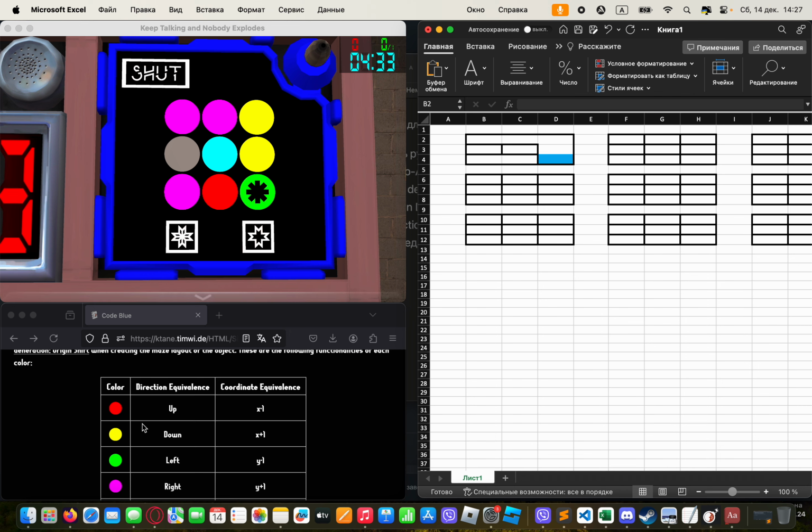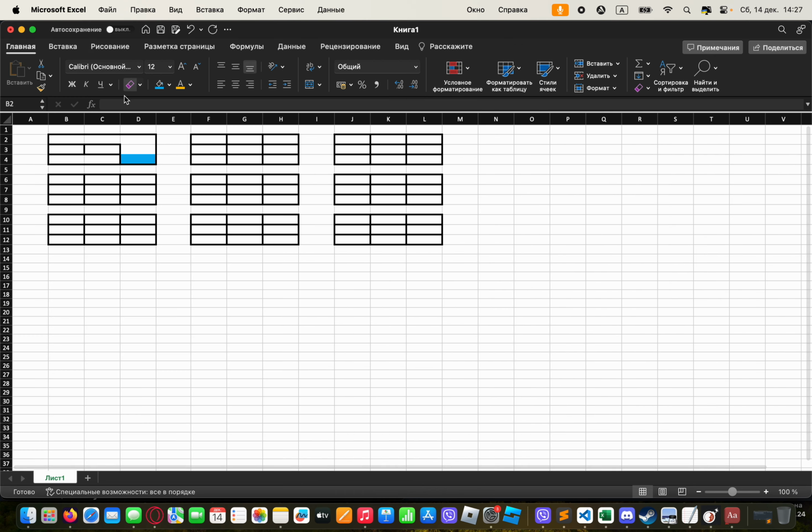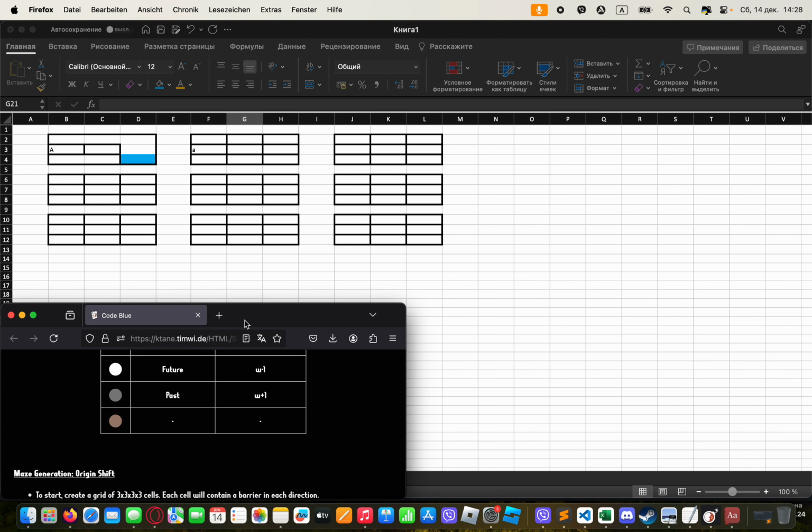Then gray, which is past. So how do we mark that? I usually mark that with letters. So what I do is mark that cell alpha and mark that cell lowercase alpha. So we can see that I can teleport from there to there. That's why this is a timeline. That's how the timeline works. Okay, then